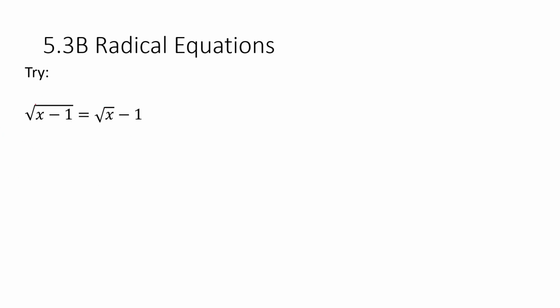So, again, we want to multiply both sides, or sorry, not multiply, we want to square both sides. If we have a value that is a square root by itself on one side, by squaring both sides, we're going to get rid of that square root. So let's square both sides. And we will end up with a binomial on the right, but that's okay. It's going to get rid of one of our squares. So we'll have